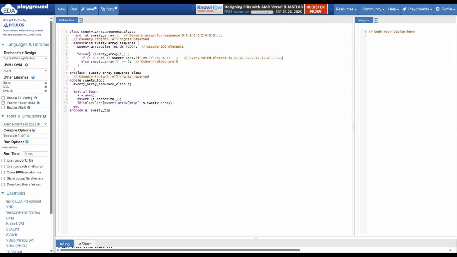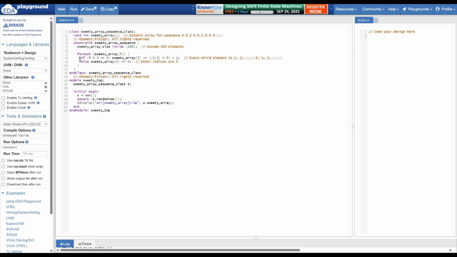Now, this is an important code for each array element. First, we have seen how you are going to get the array element. So here we have seen i modulo 3 equal to 2. When the index of the array element, this i, has this value, when you do i modulo 3, it comes to 2. When that is the index of the array, your value will be this. That's the equation we have derived: (i divide by 3) modulo 9 plus 1. And we had seen examples also that this equation is correct.